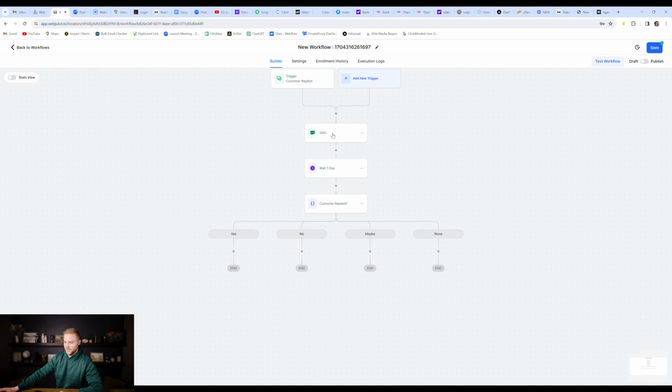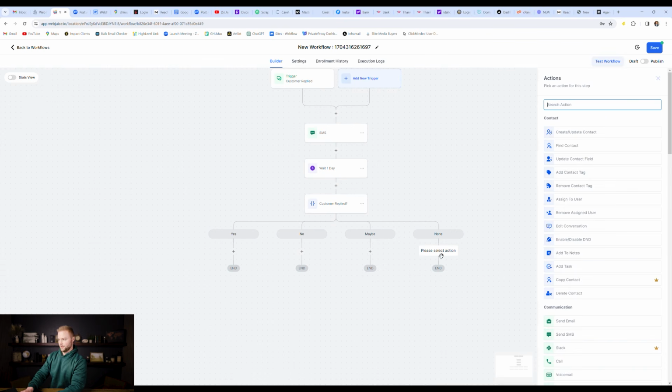But if they send us a text, it'll go down the yes branch right away, right after they type that. It won't wait the full 24 hours. If they text back before the 24 hours is up, it'll still go quicker and still send them the next message. The only one that will wait the full day is this none branch. If they just don't reply at all, it'll wait 24 hours,